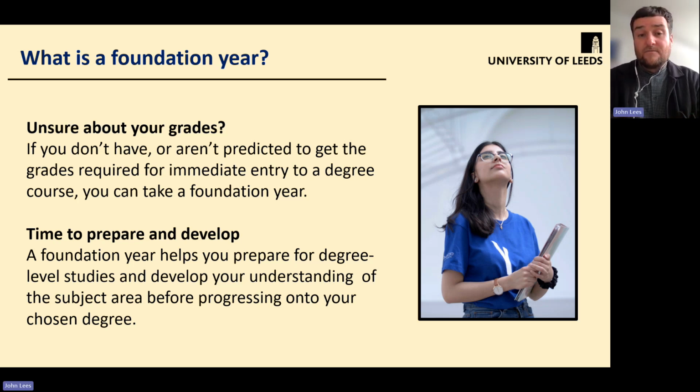So really, this section will look a little bit at who can apply for a foundation year and who they are for. Essentially, foundation years are for anybody who perhaps isn't predicted the grades they need for their chosen course, doesn't have the qualifications needed, or perhaps the right mix of qualifications, or just feels like they need that additional year of support. So in any of those instances, you can apply for a foundation year course here at the